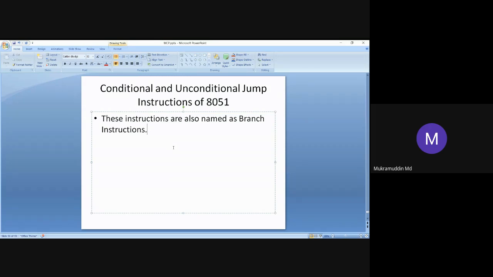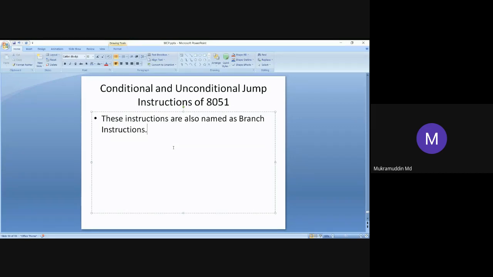After the third instruction, the processor has to execute the fourth instruction. But instead, the processor will jump to some 8th or 9th instruction, whose address is mentioned in the instruction.